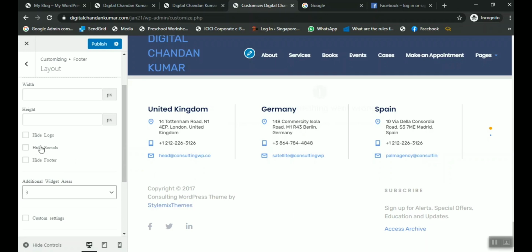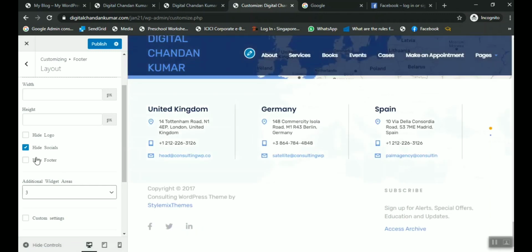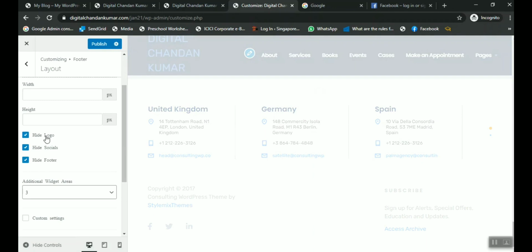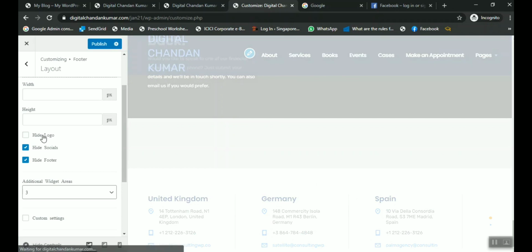So if we click on social, Facebook, Twitter, Instagram and LinkedIn will be hidden from this section. When we click on footer, hide logo, you can simply click what contents are to be hidden from the pages. So it is very simple to find out. Now you can see the footer has been removed here. Hide logo: if I'm not going to hide the logo,